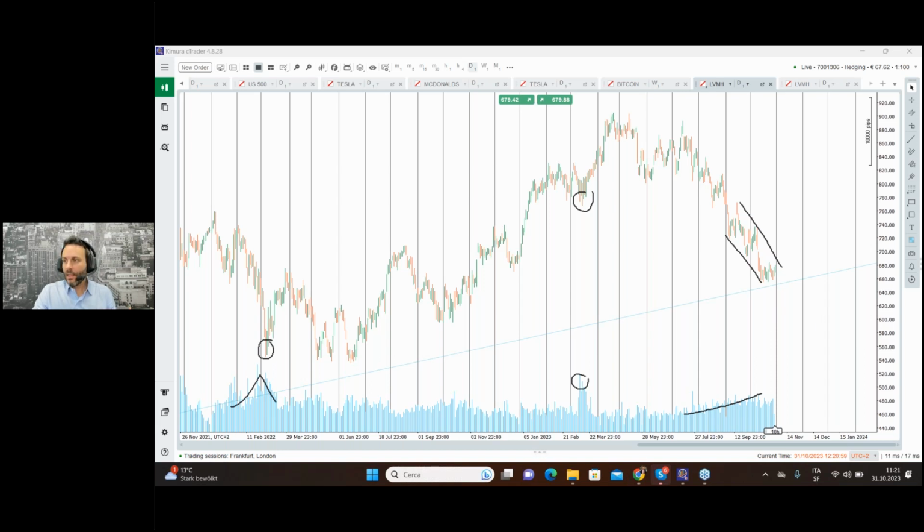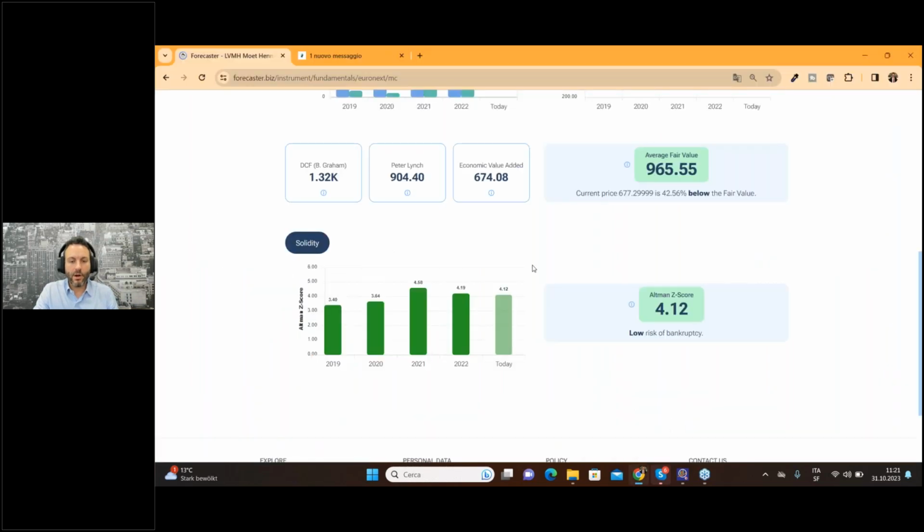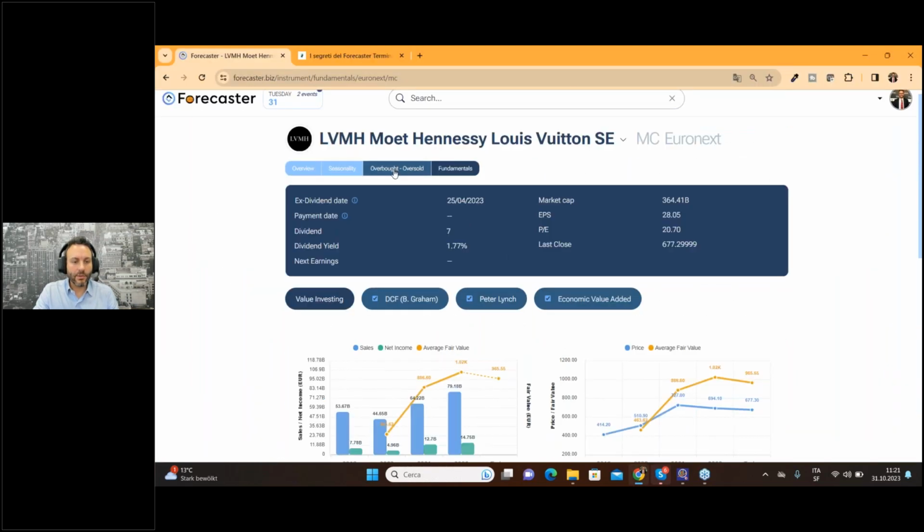So you basically see that here we have virtually all the various analyses we can do, fundamental analysis, seasonal analysis, and everything tells us precisely that we are on a stock that can potentially have a reversal. Among other things, if we go into the overbought, oversold,